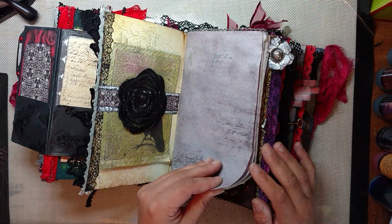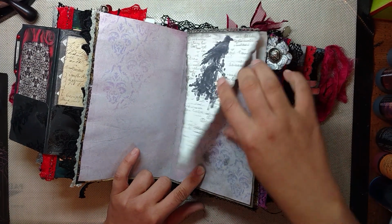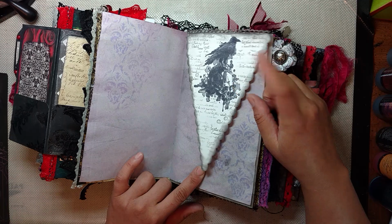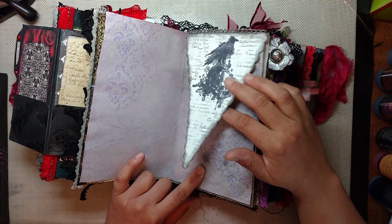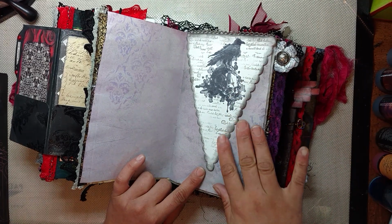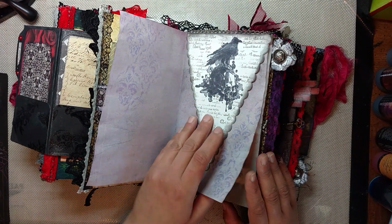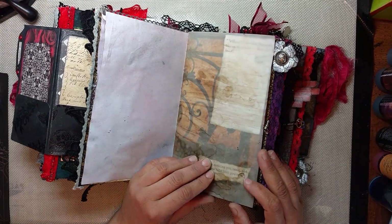Some more stamping. Did some stenciling here, and then made this flip up with this triangle piece that, I don't know, Shayna sent it to me. I don't actually know what it was supposed to be, but it flips up and she can tuck something underneath here. This is another Inka Dinka Doo stamp, which I really love. And then there's some coffee dyed vellum,